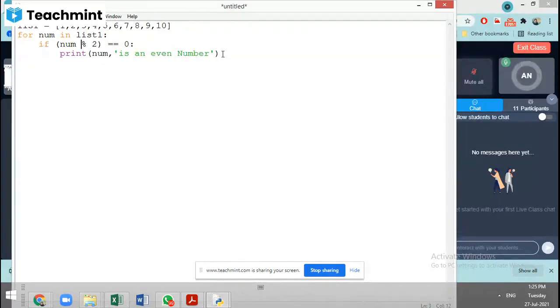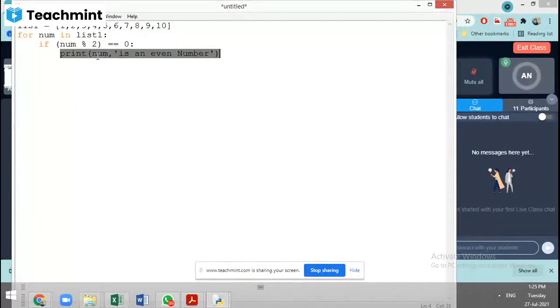So here 1 mod 2, what will be the answer? The answer will be 1 only, right? So 1 equal to 0, is it true or false? It is false. So if it is true only, then it will print this line. Otherwise, it will not print. It will again move here, and again come here. So it will check another value, 2. 2 mod 2 equal to 0, is it true or false? It is true.